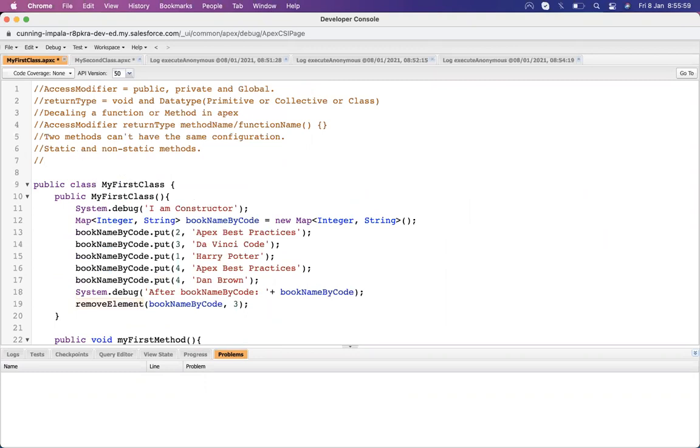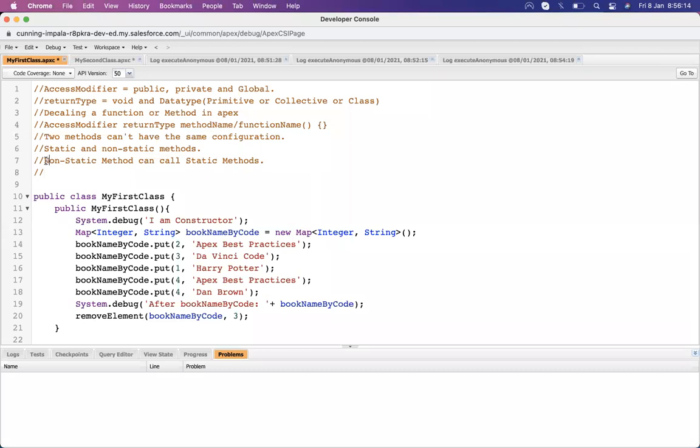So a non-static method can call a static method, but a static method cannot call non-static methods.